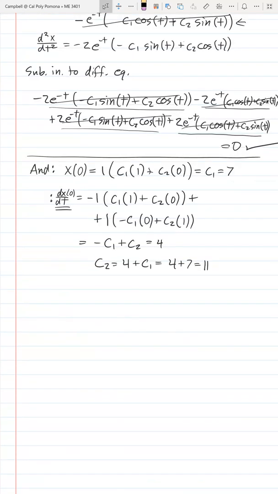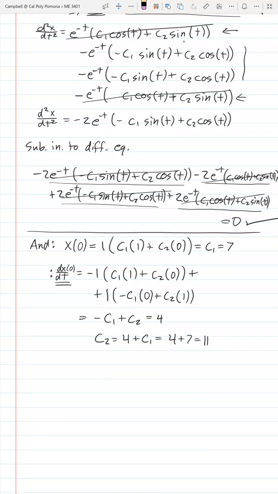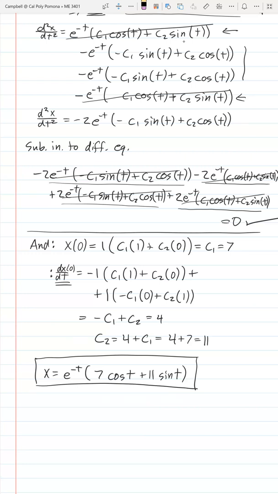So plugging those values for C2 and C1 again into this expression for x, we see that x is equal to e to the negative t times 7 cosine of t plus 11 sine of t. And that is our solution that does two things: solves the differential equation and properly captures